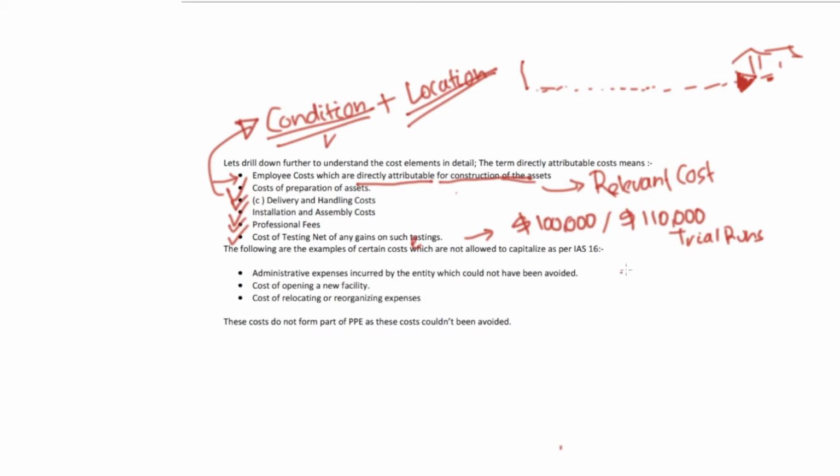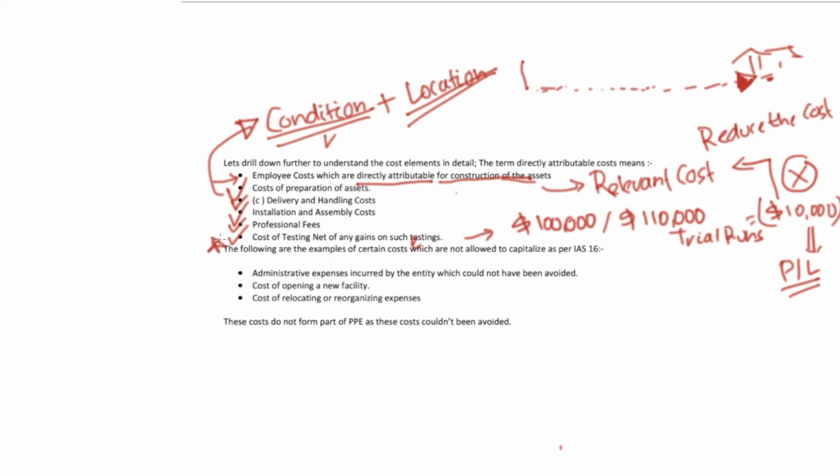Now, what do I need to do? If I get the net amount, it comes out to be a negative figure, which is going to reduce the cost of the asset. This is not permissible. If the offsetting item is a gain, then it should go to the profit or loss statement rather than decreasing the cost of the asset. So this is the point one needs to take into consideration.